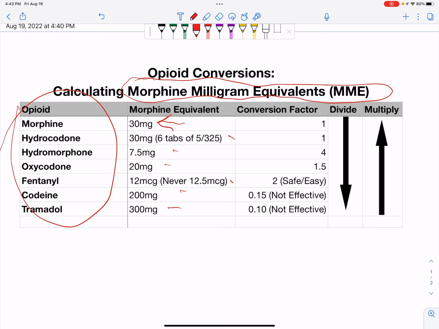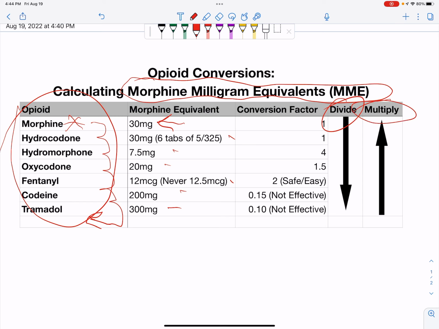The way to do this math is that if you are converting from morphine to one of these other medications on the list, you will divide. So if you're going down the list, you divide. And if you are going from one of these medications up the list and converting them to morphine, then you